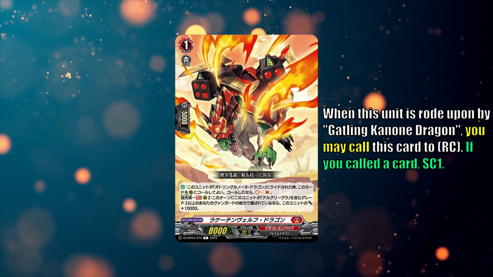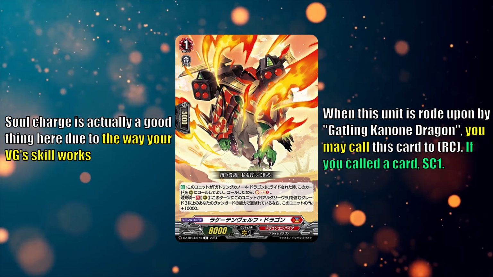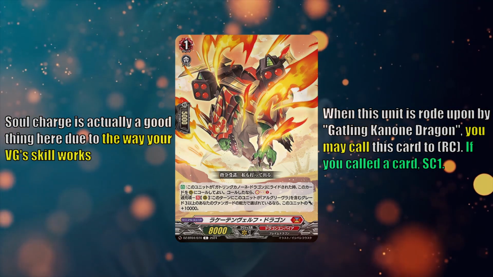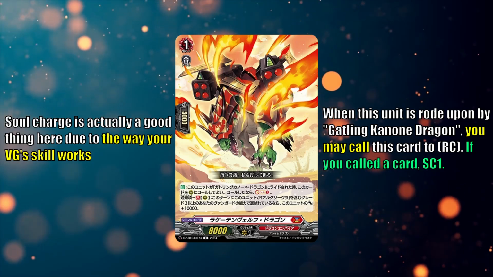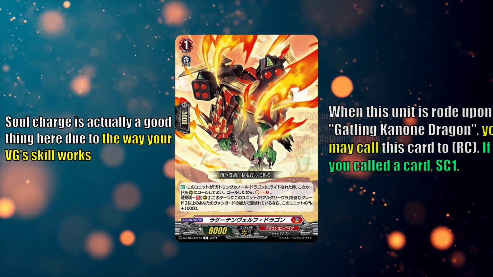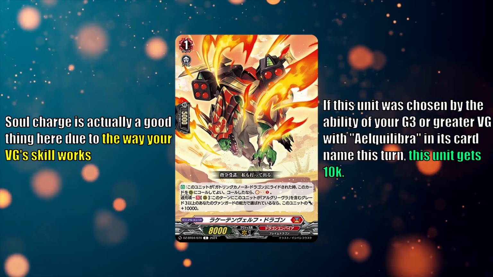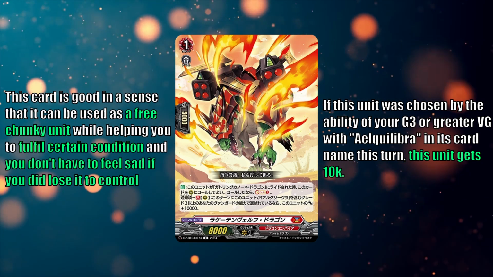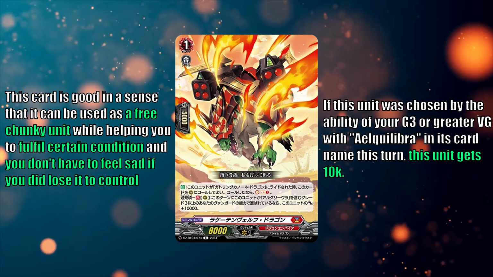If you call, you have to Soul Charge 1. The Soul Charge is very helpful in this situation because of the way Aelquilibra works, and I mean, it as a Regard is actually pretty good as well, as when this unit is overcharged, this unit gets 10k. It is a very solid and flexible skill in the sense that it is nice to have on the field to use as a buffer for your booster,